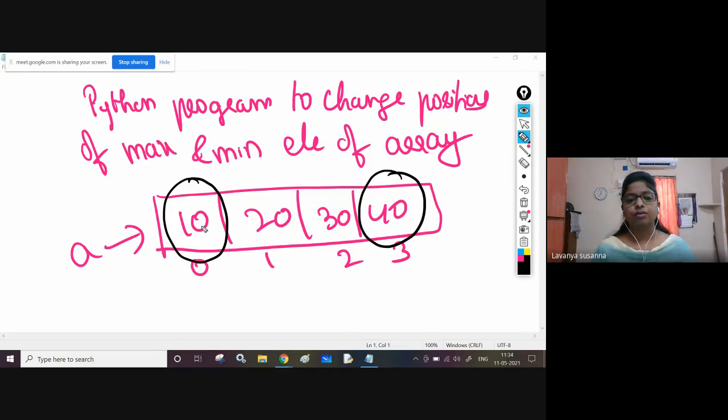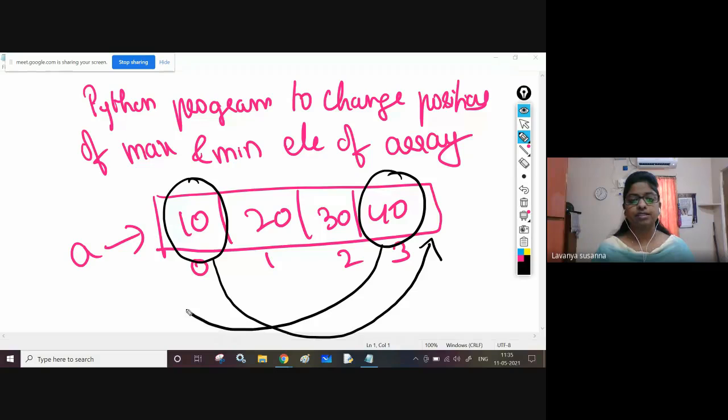Now, what is the problem statement? You need to interchange the positions. 10 must come to the third index and 40 must come to the 0th index. Once again, you need to change the positions of the maximum element and minimum element. That means you need to interchange both of them.